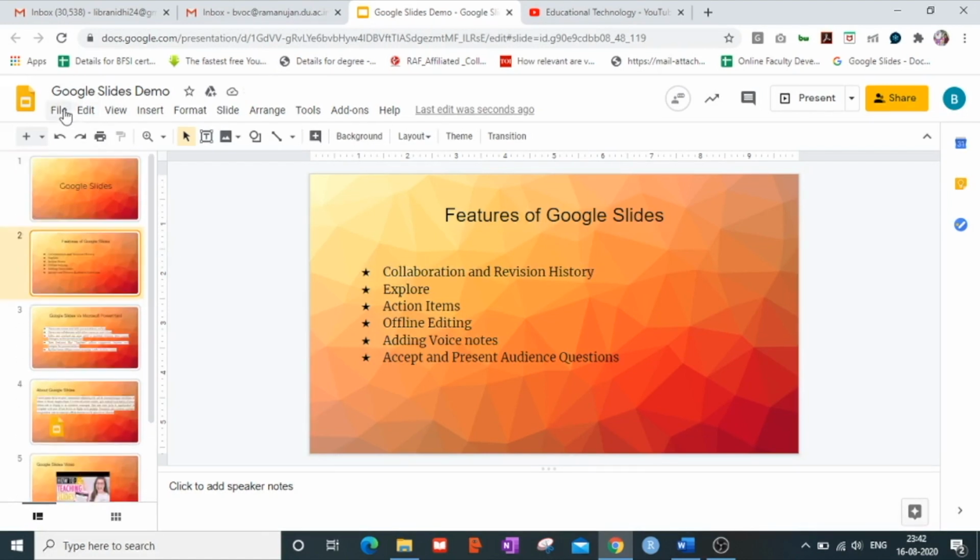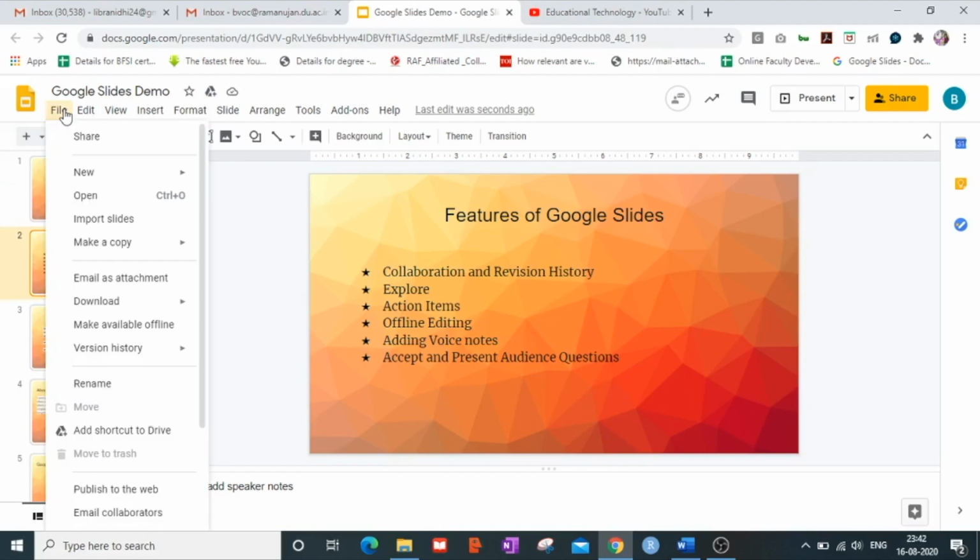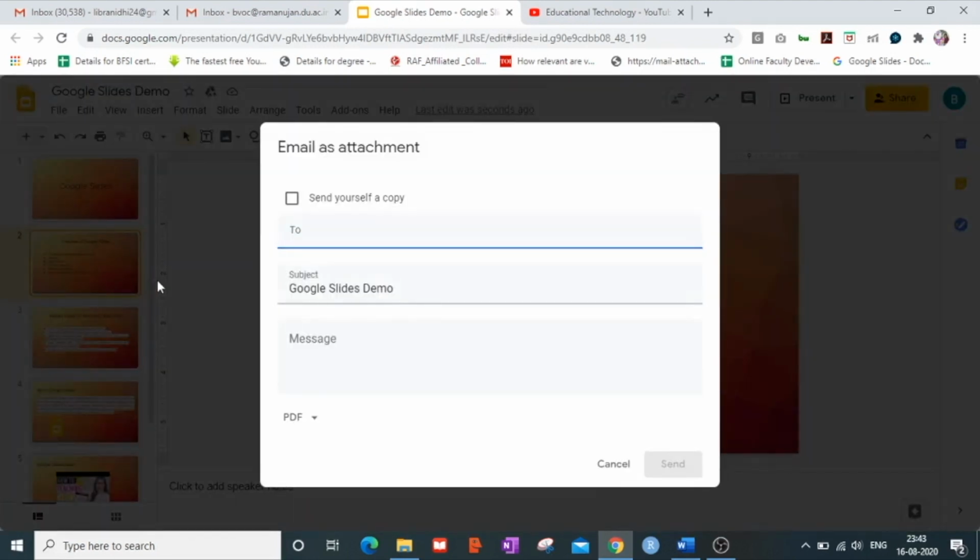Google Slides also gives the functionality to send this particular presentation as an email attachment. For this, you press on Email as Attachment under the File tab and enter the recipient's name that you wish to send this presentation to. Suppose I am interested in sending this presentation from one email ID of mine to another.